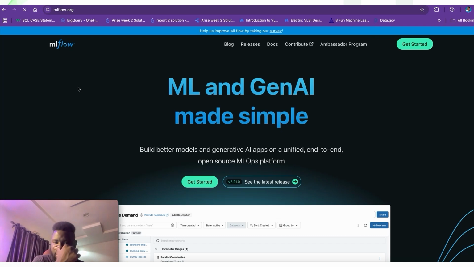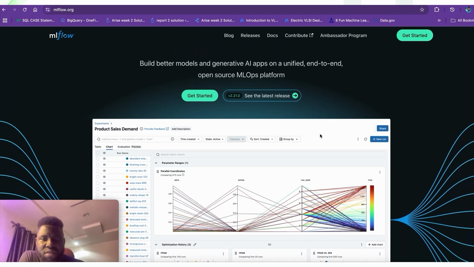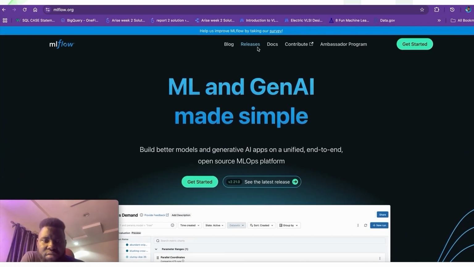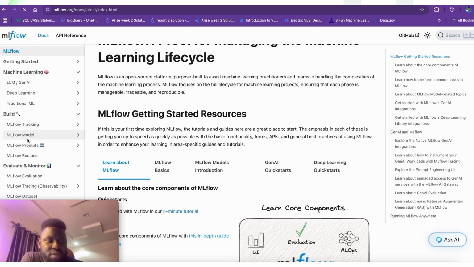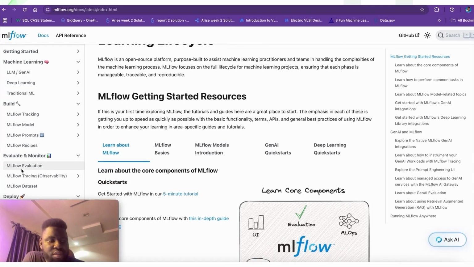Basically, it's more or less like a pipeline for building models and then sending them to your deployment. So you might want to check them out. You might also want to check out their documentation on how to implement tracking, prompting, evaluation and monitoring of your